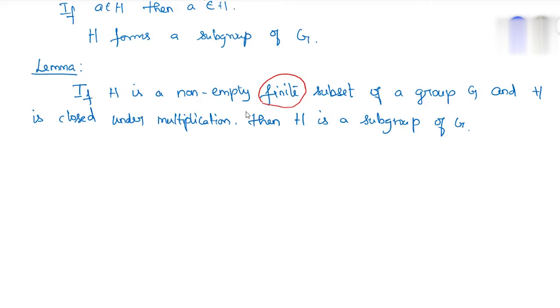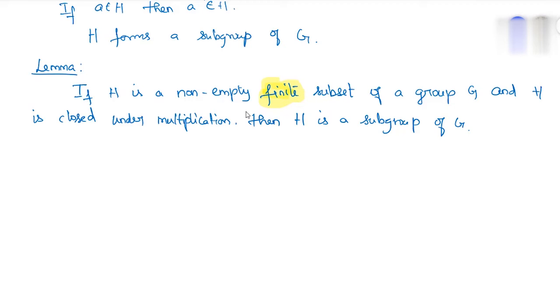It's the finite logic that is important. Finite is very important. I have to stress on that, otherwise we will forget it. In the previous lemma it was for any subset, but this is true only for a finite subset. This is a one step process. Now you can check only closure, with no need to check even the inverses. Automatically all three conditions will be satisfied. If H satisfies the closure property and H is a finite subset, then it will be a subgroup of G.